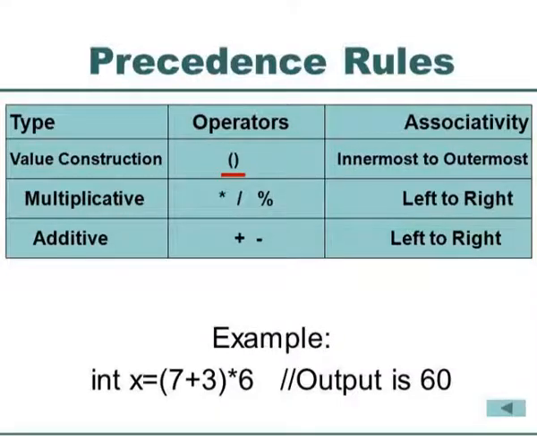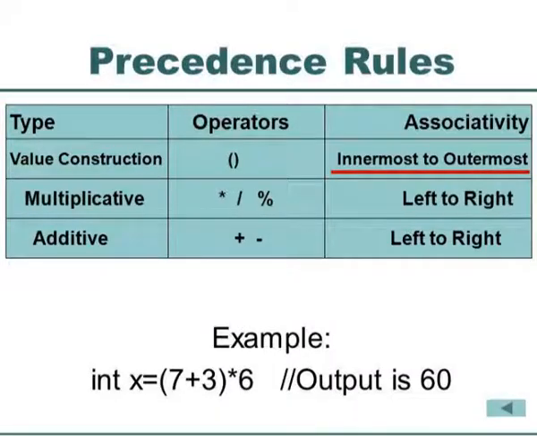So when you have this parenthesis in one expression, you need not have just one opening and one closing. You may have 3 or 4 parentheses, in which case the innermost parenthesis is to be executed first. The values within the innermost parenthesis need to be executed first, proceeding with the next outermost and then the final. So that is what is mentioned over here, innermost to outermost.